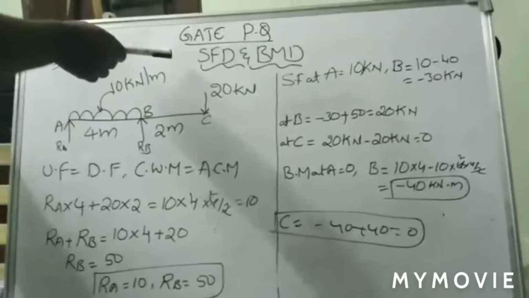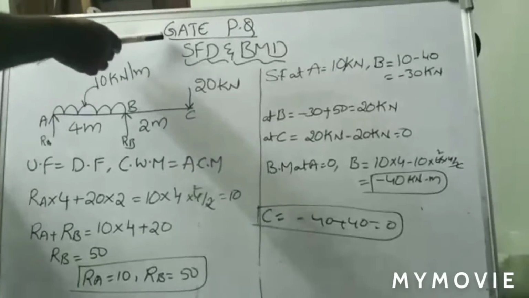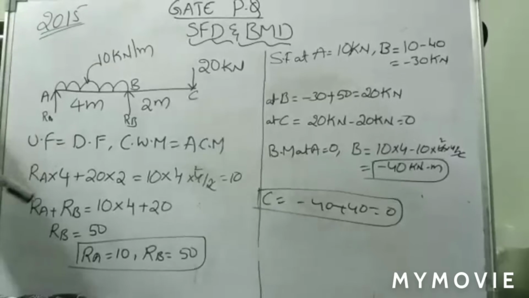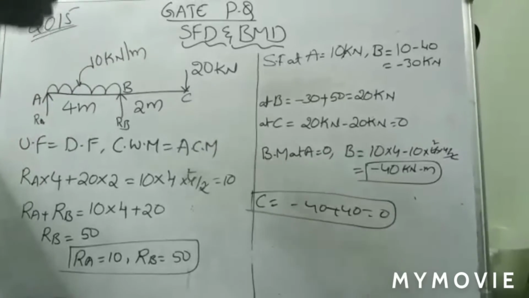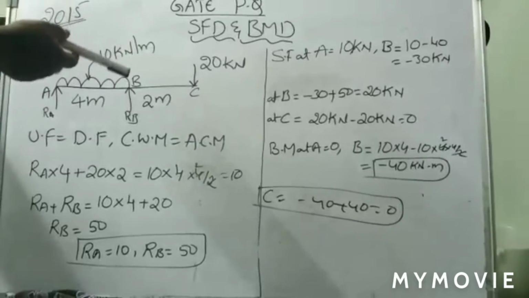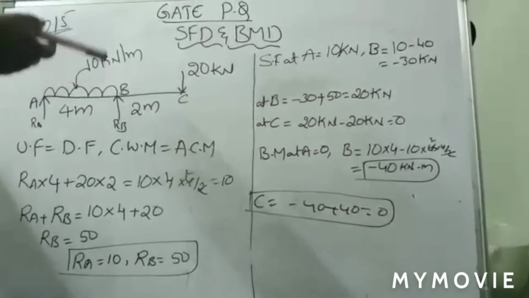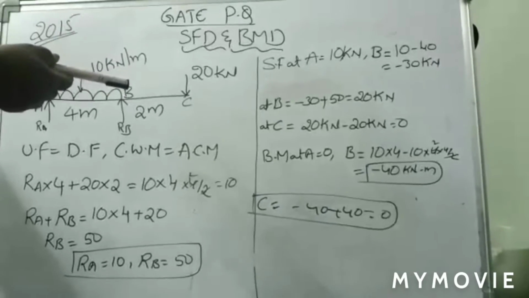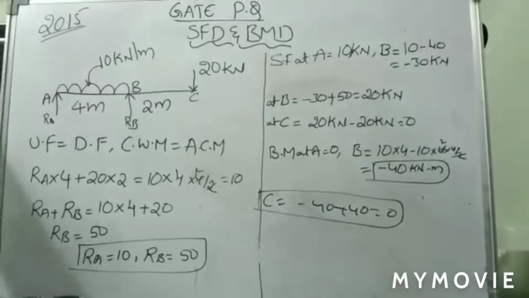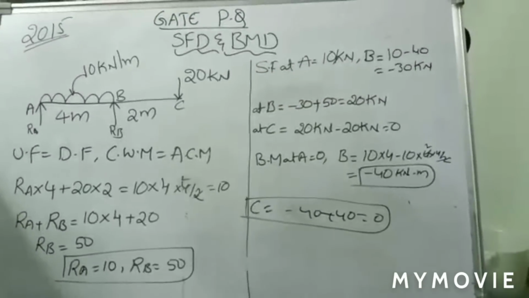Right. So in this class we are going to discuss some previous problems regarding shear force diagram and bending moment diagram, right? We already discussed the cantilever beam, simply supported beam and overhanging beam, and so many problems regarding all those things. But in this class, based on those concepts, how are you able to solve them in your GATE exams, right?